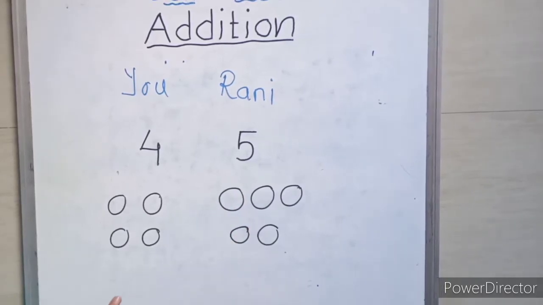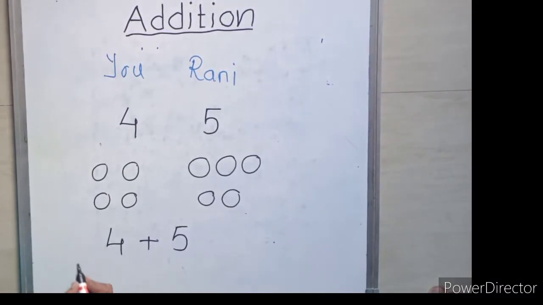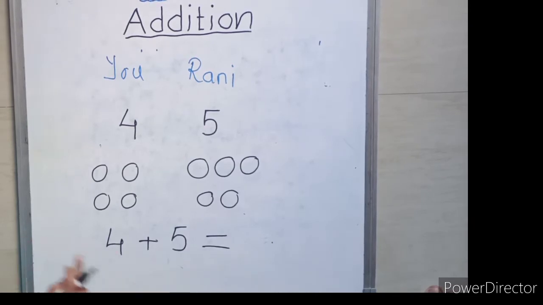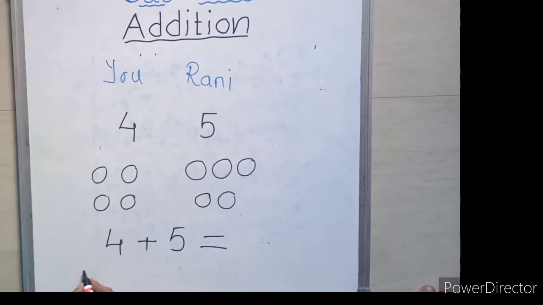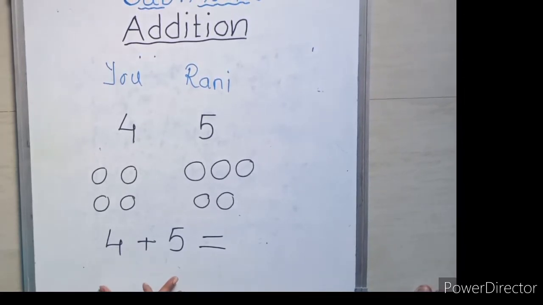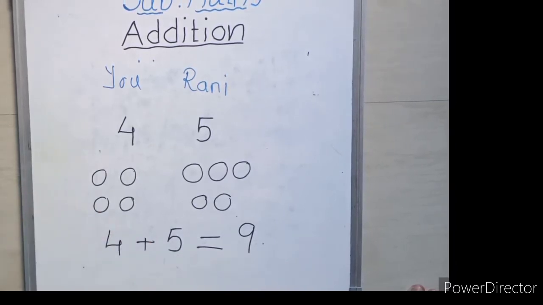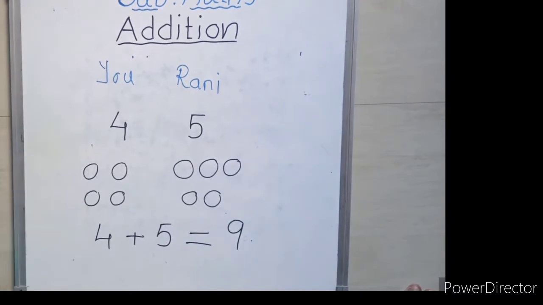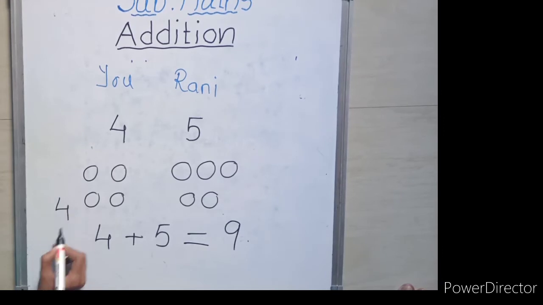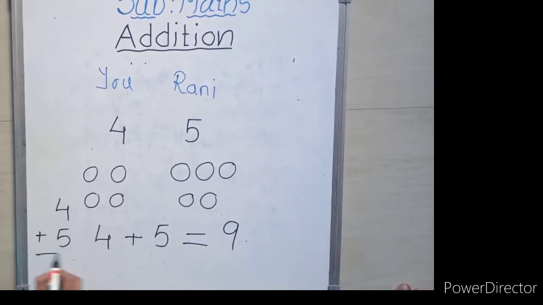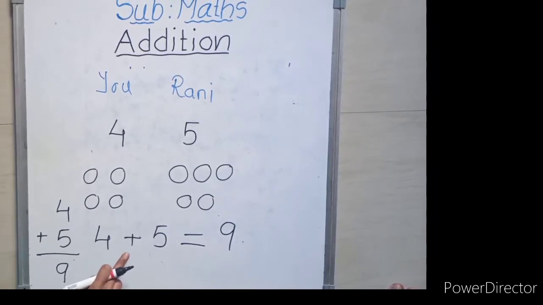In math, this would be written as 4 plus 5 and then the answer will come. So, here you can draw 4 lines and here also you can draw 5 lines like this, and then you add both these and you will get the answer 9. Or you can write this vertically also. Now this is horizontally. Vertically how will you write? This 4 plus 5, the answer will come 9. This is the sign of addition.